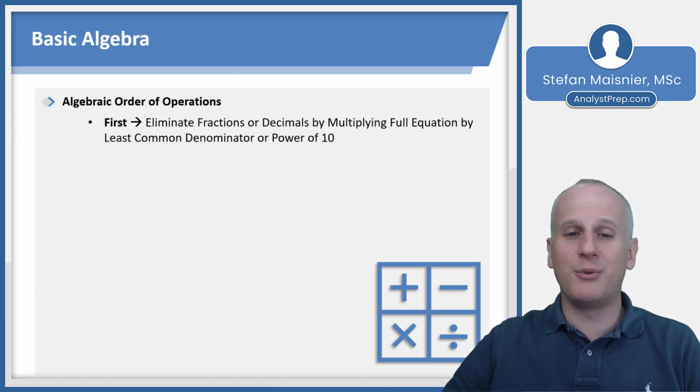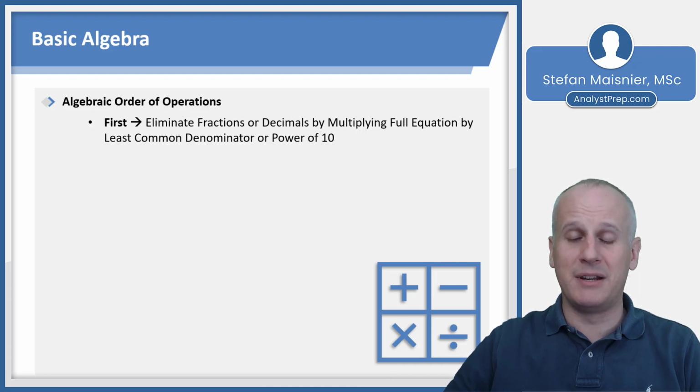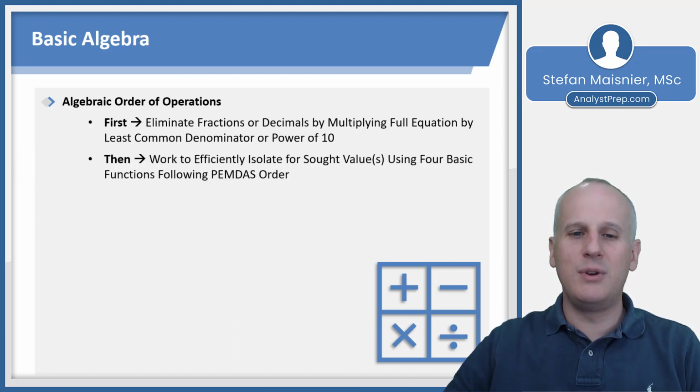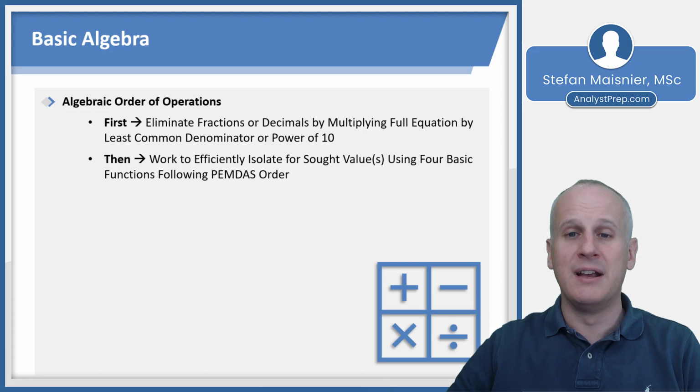So first, you want to eliminate fractions or decimals by multiplying your full equation by the least common denominator or a power of 10. Almost everyone is going to say that it's easier to manipulate integers as opposed to fractions or decimals. So get rid of the fractions or decimals first. Then you need to work to efficiently isolate for the sought value or values combination using your 4 basic functions, meaning the ones in the corner there: addition, subtraction, multiplication, or division, following the PEMDAS order, which of course is